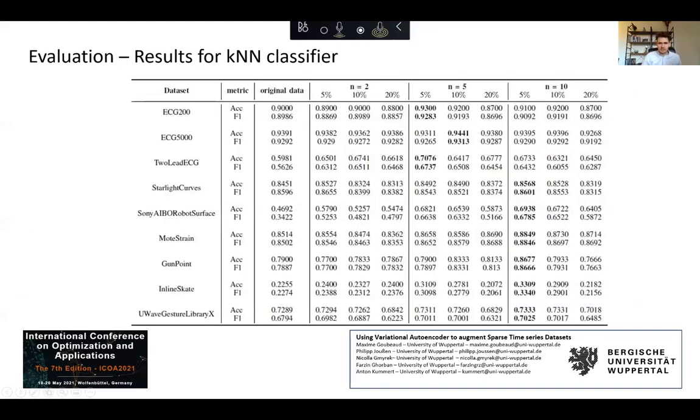So now we are coming to the evaluation results, and you can see that using white noise windows, significant performance improvements can be achieved for the KNN classifier. Overall, all data sets show better results using white noise windows. More specifically, white noise windows is suitable for all investigated types of time series data sets. Even for data sets with different class sizes, improvement can be shown. For example, the performance of the Sony Albert data set as well as the UWave data set have been improved. You can see here, Sony Albert, we have huge improvements, but also in the UWave, we can